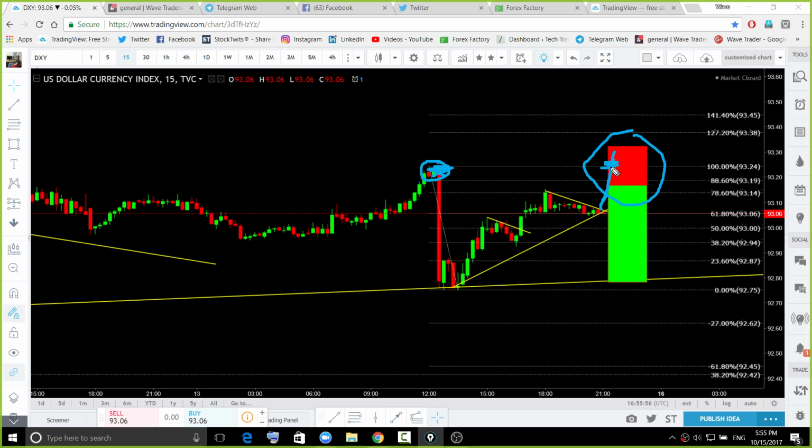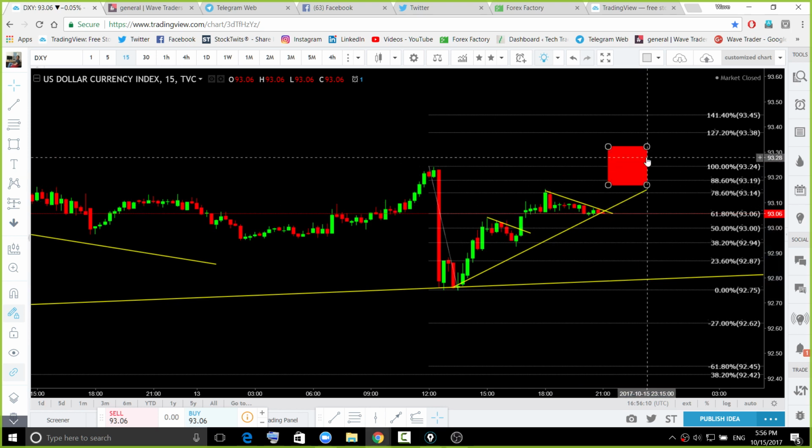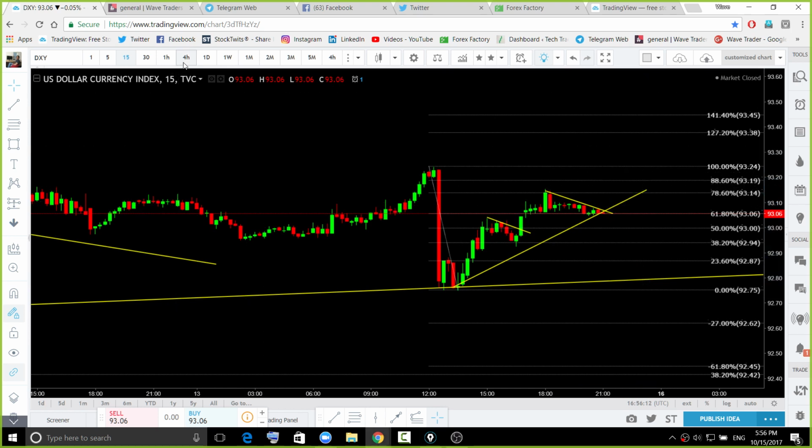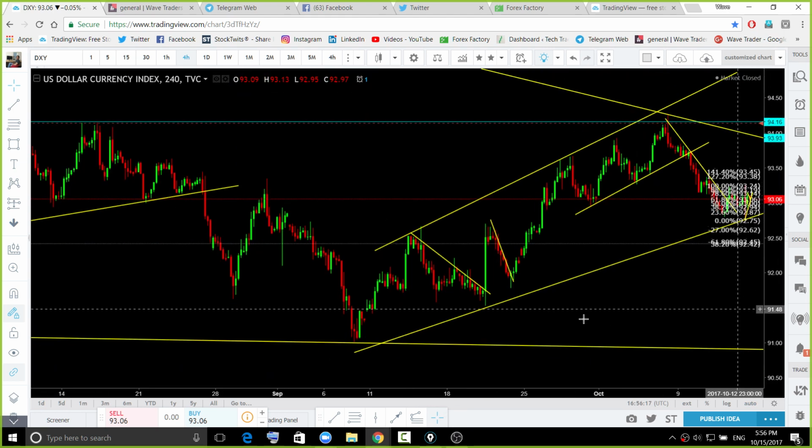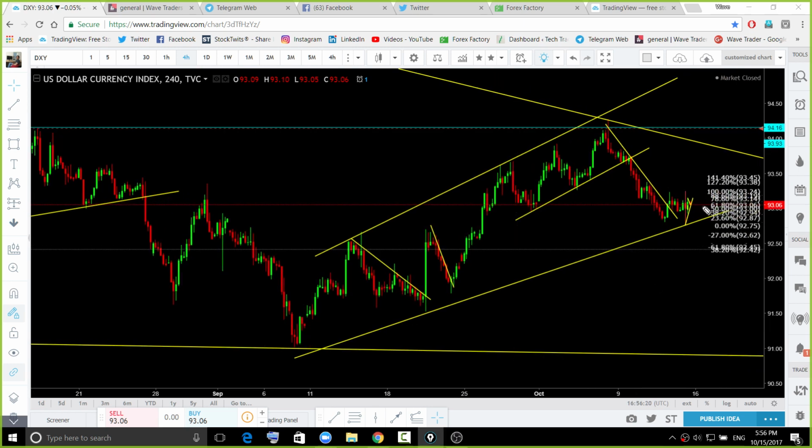All right, I hope you understand which area you need to look for, for this short-term trade. The bigger formation I'm showing you can go either way. It can break down, or it can continue to the upside, forming a couple more candles like that and continuing higher. Or it can break down. We're going to see a clear direction of which way the dollar index is going to go.